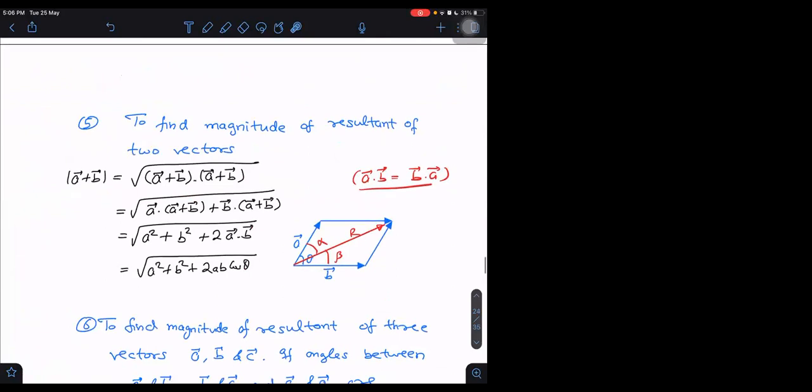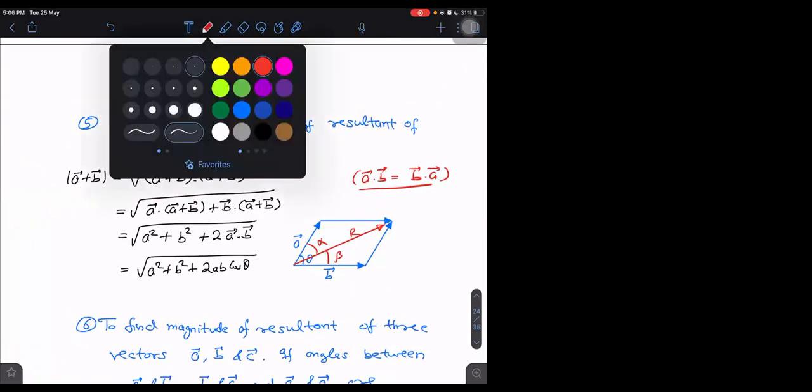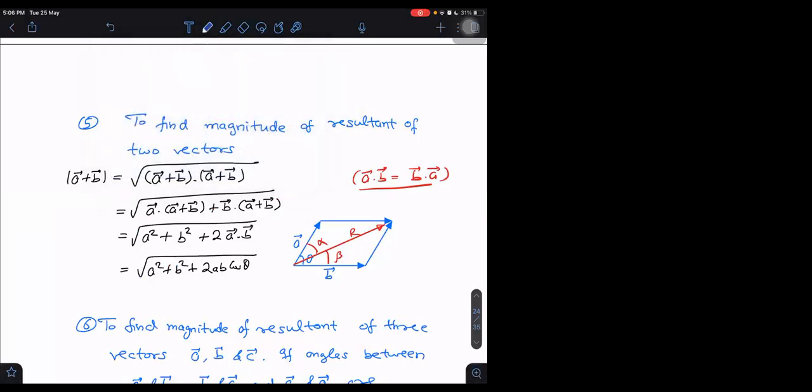Can we use it or not? Yes, let us try to use it now. So we are getting A dot R bar, meaning A plus B, right? I want to get cos alpha. Cos alpha will be nothing but A dot R divided by A magnitude into R magnitude, which is equal to this upon A into R magnitude, which is root of A square plus B square plus 2AB cos theta.